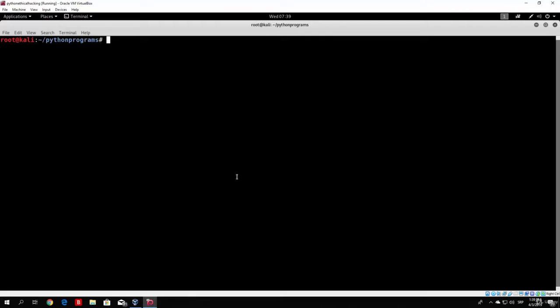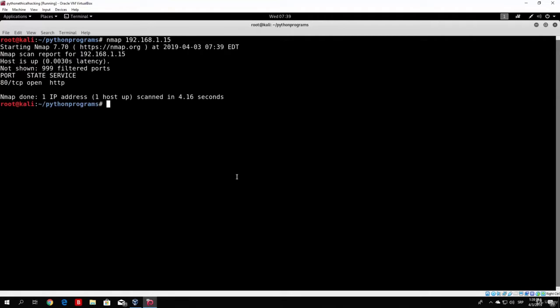Now, in order to do that in Kali Linux, you just type nmap and then the IP address or the host name of the target. So if you type nmap and then let's say we use the IP address of my laptop, which is 192.168.1.15, which I checked right now, and if I try to scan it with this command, it will scan my laptop for the open ports, and as we can see it finished relatively fast, and it found an open port which is port 80, which serves